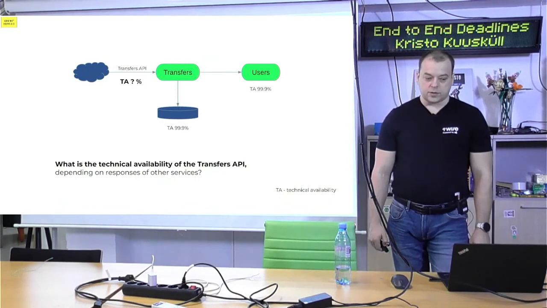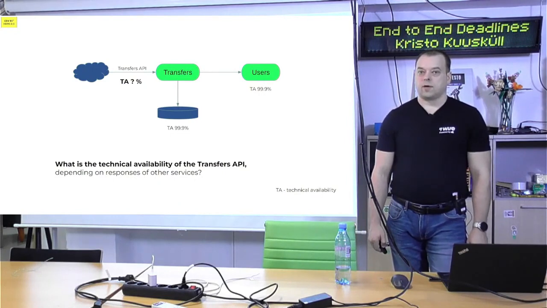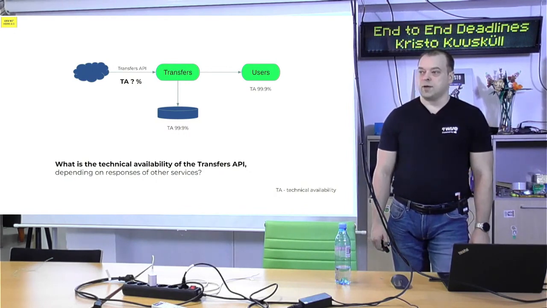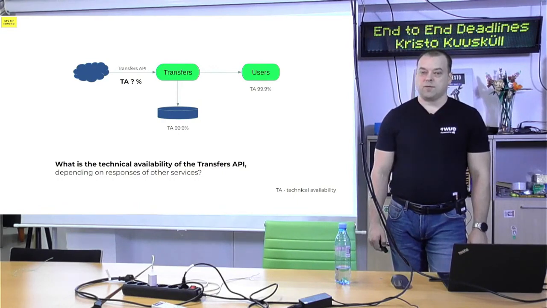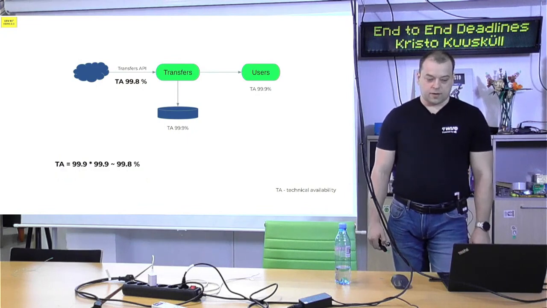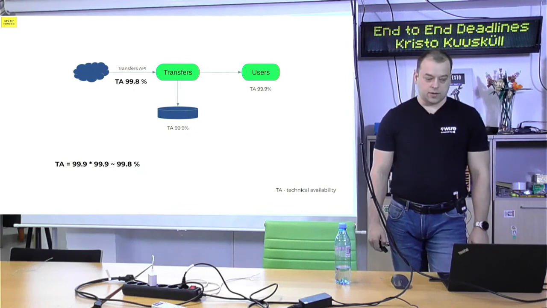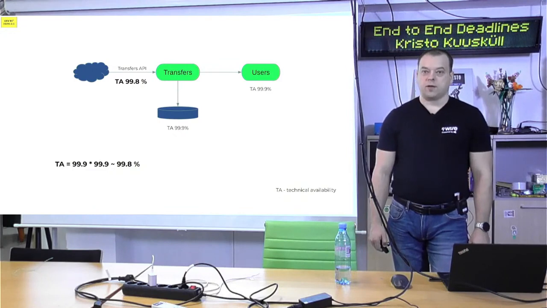And actually the numbers are quite realistic as well. Today we are aiming at 99.95% availability, and as you probably know, it gets exponentially harder and harder to achieve higher availability. So what is it? It's probability theory calculations that we can use here. So it's a multiplication of two availabilities, and we get only 99.8% availability.